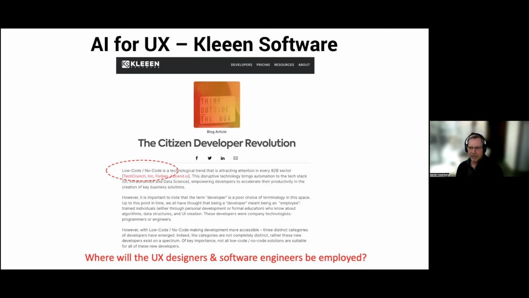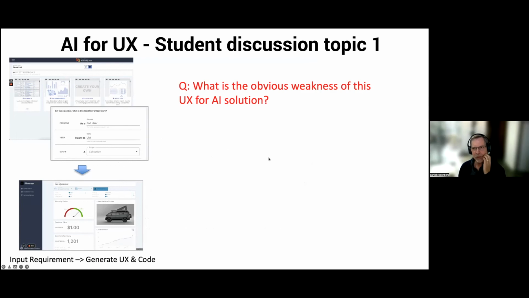I don't know the answer to this question, but I will be retired before it matters. However, some of you won't be. I would tend to say yes, there will be, but I think what we will have is product design jobs, right? So let's go to the next question here, because what's the obvious weakness of this kind of generative solution?